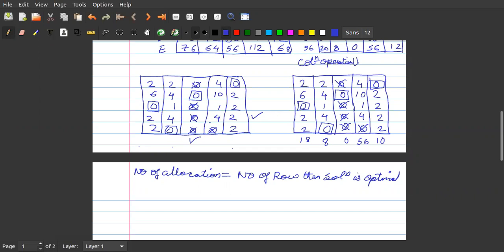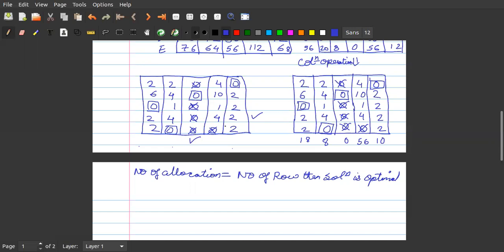In this ticked row, which column is having a 0? So this column is having a 0. For example, if this is a tick row, we would have marked this column as well as this column, because these two are the crossed zeros. So we will see that there is only one crossed zero, so we will mark a tick here. Am I clear, students? Yes, sir.